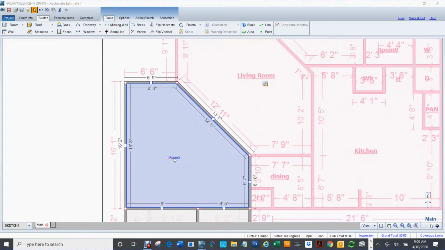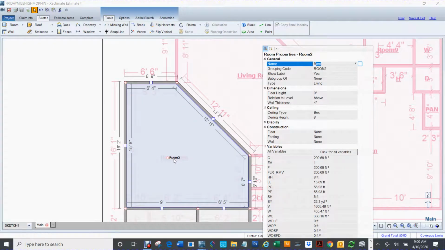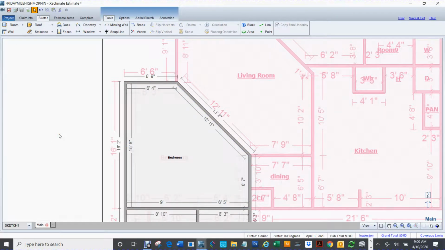This is a bedroom, so I'm double clicking here. Bedroom. Remember, we're not worrying about names, so you don't have to necessarily put this if you don't want. Now, the next thing we're going to do is do the dining room. There's a lot of ways we could tackle this. I would probably do it different if I was doing it myself, but I want to make it as easy